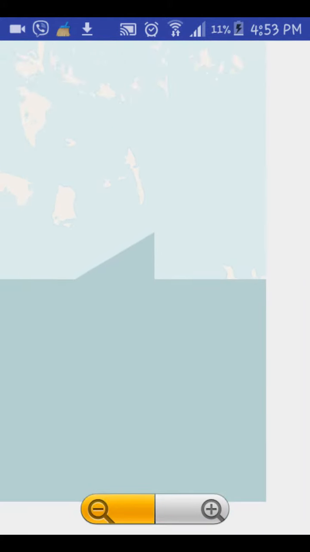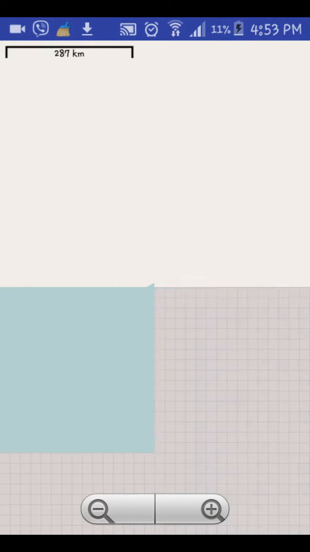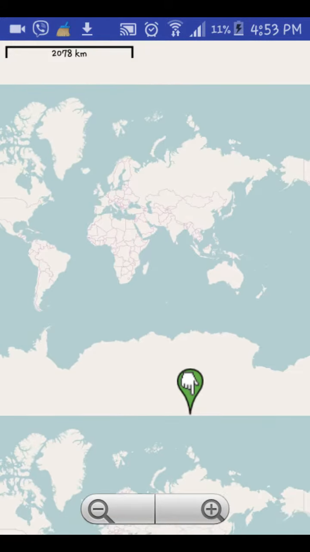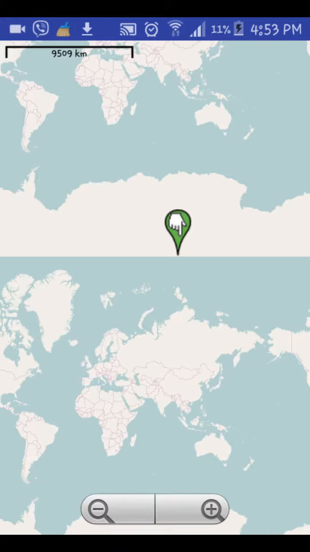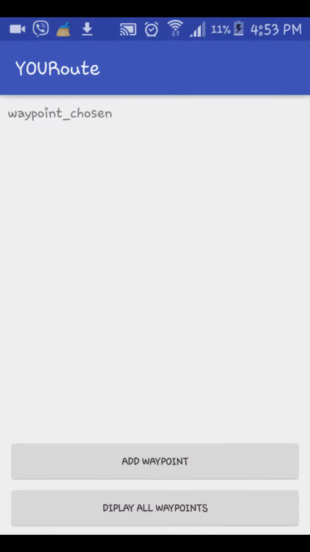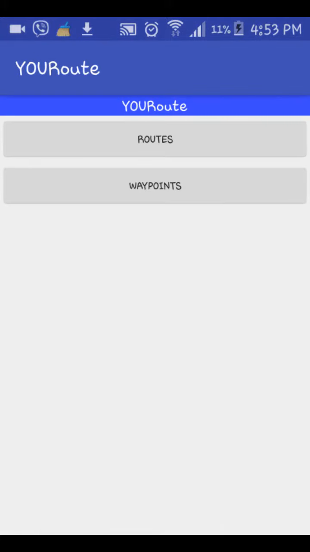Display waypoints. As you can see, it is in the center of the map, on the edge of the map, which is an issue that I haven't had time to implement a workaround for, because it is a new feature that I've added recently. Another issue that I got is when I start this app freshly,